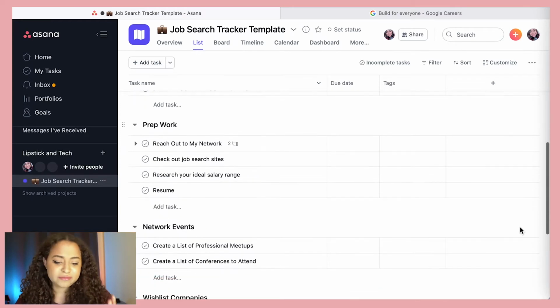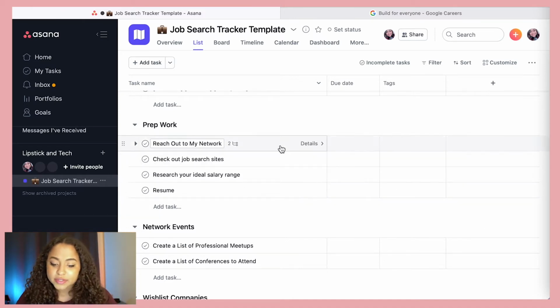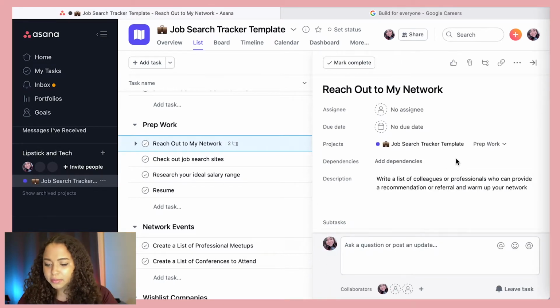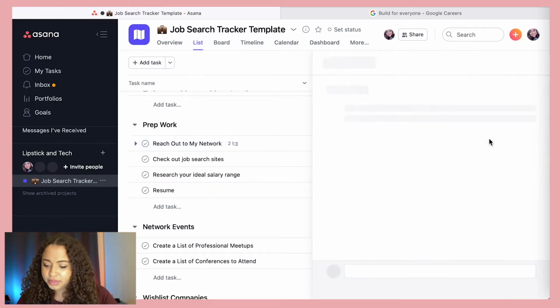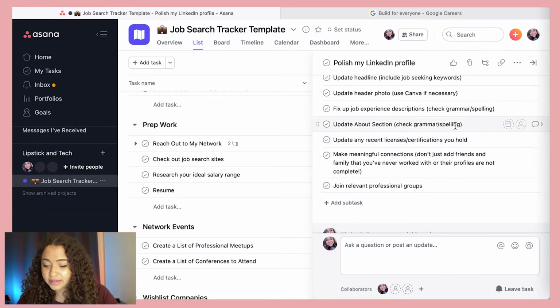A lot of the stuff that I described just now with how to get started on the hunt, I've made sure to outline here. So what are the certain things that I know that I'll need? I'm making sure that I'm looking into my prep work, which is writing a list of all the people that I have to network with. And eventually that will mean also polishing my LinkedIn, reviewing my social media to ensure that it's as professional as it can be. Of course, if you put in the additional stuff, I actually give very specific explanations,